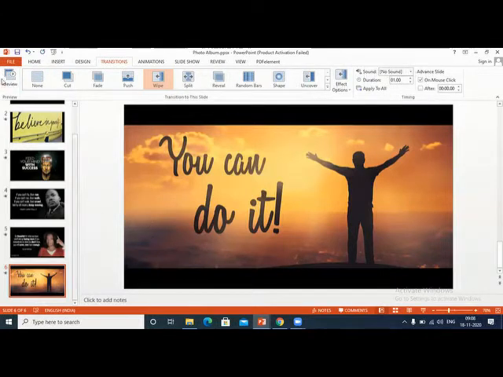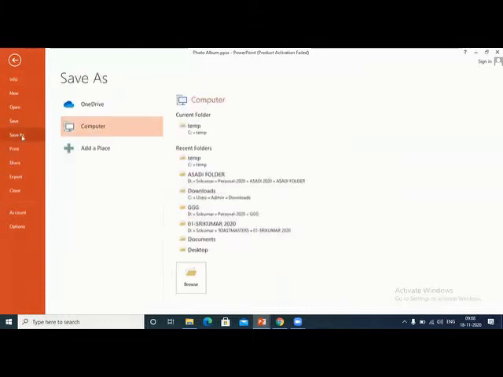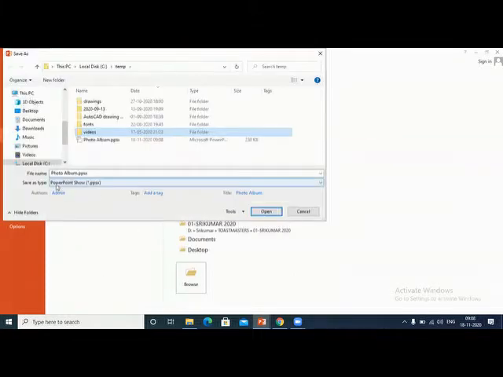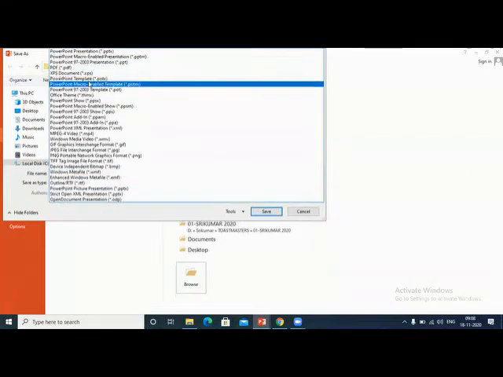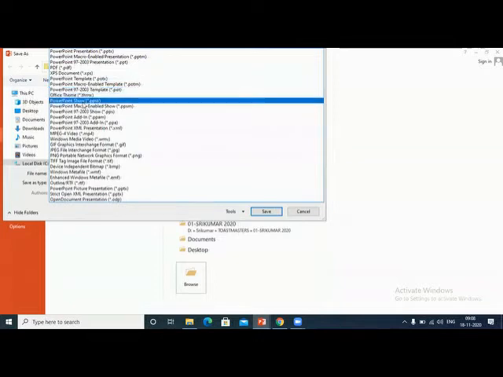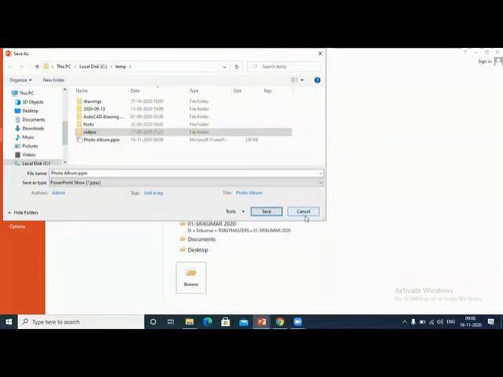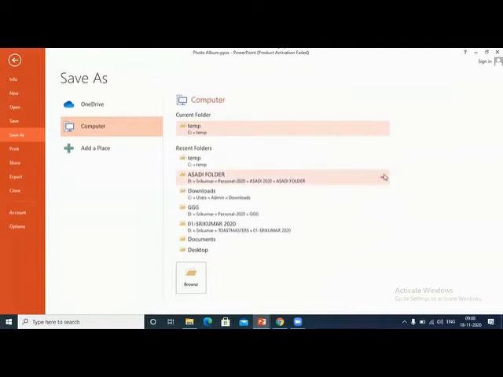Okay. So you give file, save as, select the folder. Then from here, instead of PowerPoint, earlier it will be PowerPoint presentation. You select PowerPoint show. Okay. I hope you got it. So it is very useful to send your PowerPoint presentation to someone who you don't require any modification, and very easy. And he need not require any PowerPoint in his laptop also. You can just click it, just watch it.